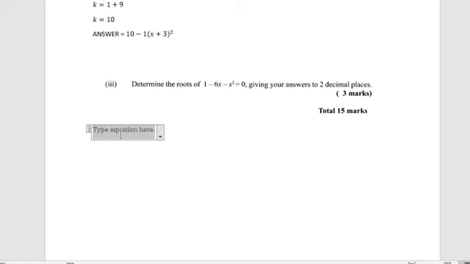So part 3, determine the roots of 1 minus 6x minus x squared is equal to 0, giving your answers to 2 decimal places. So that formula, using the quadratic formula, what we have is x is equal to